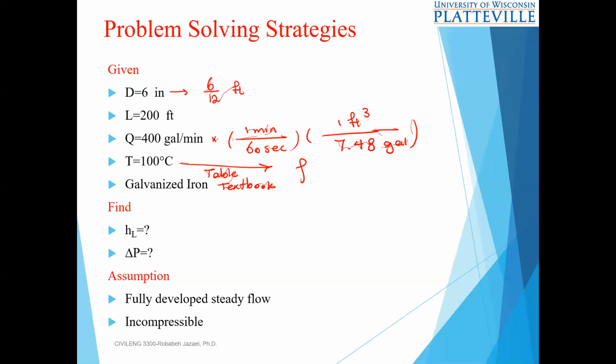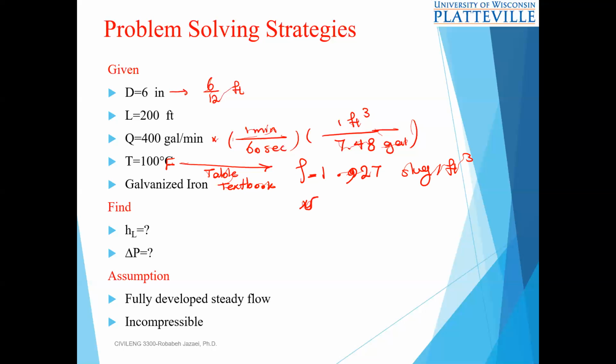So the density of water at 100 degrees Fahrenheit, since we are in the British system, is 1.927 slug per feet cubed. And we also need absolute viscosity or kinematic viscosity because later on we want to find Reynolds